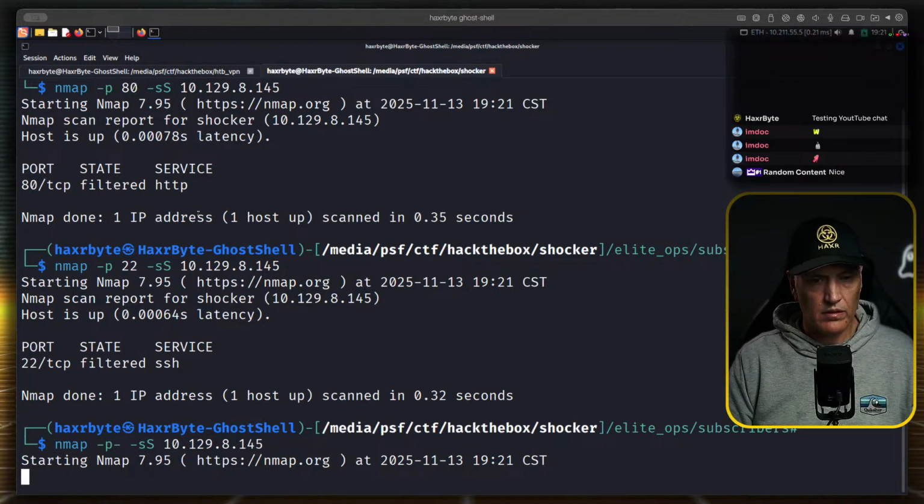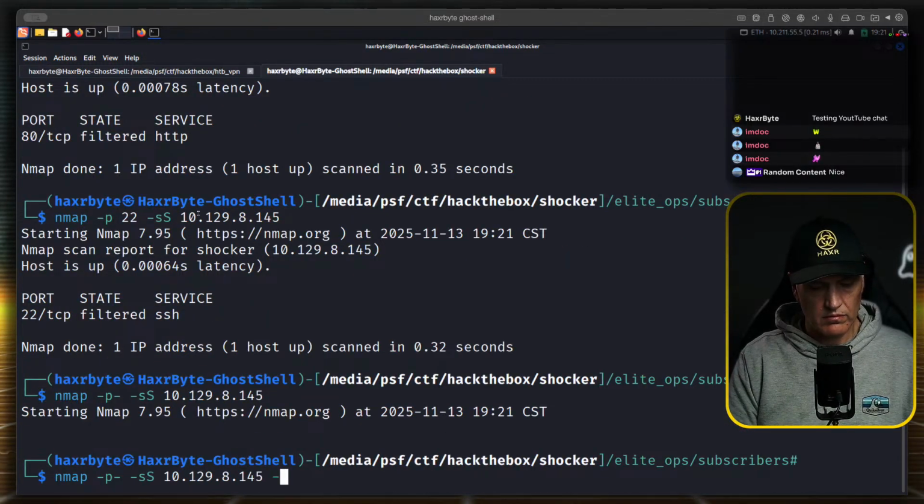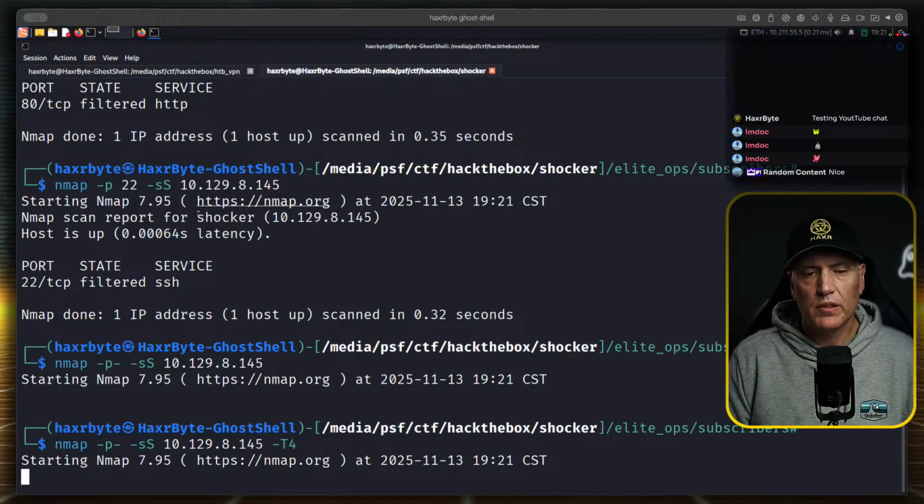Let's do -T, which is the second fastest scan Nmap can do.